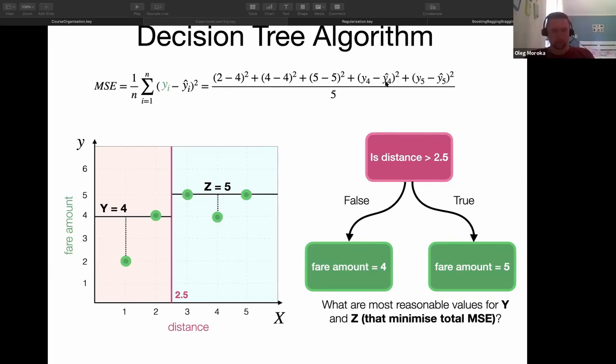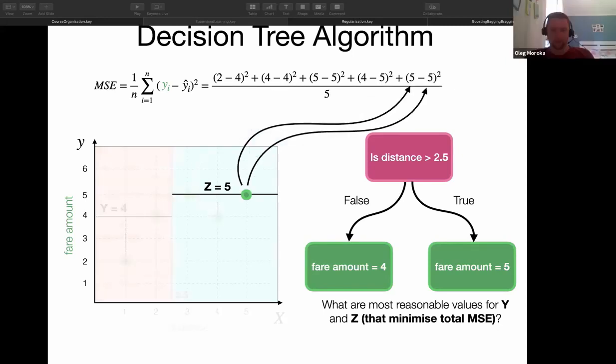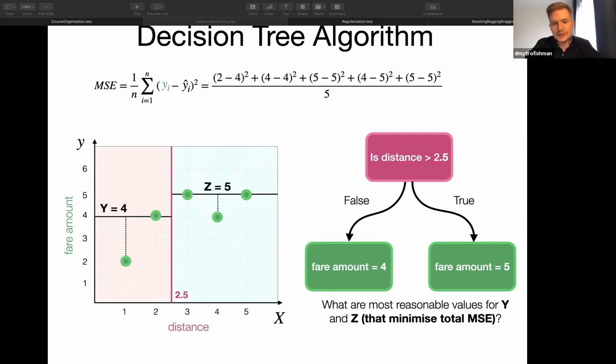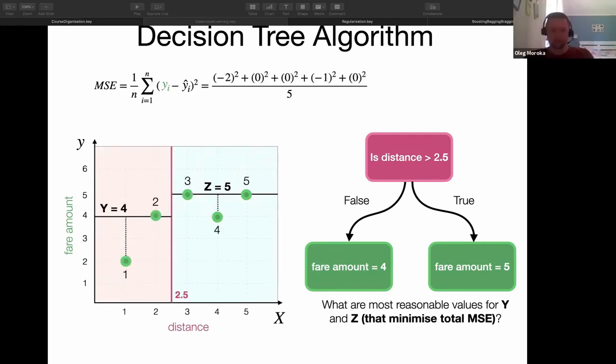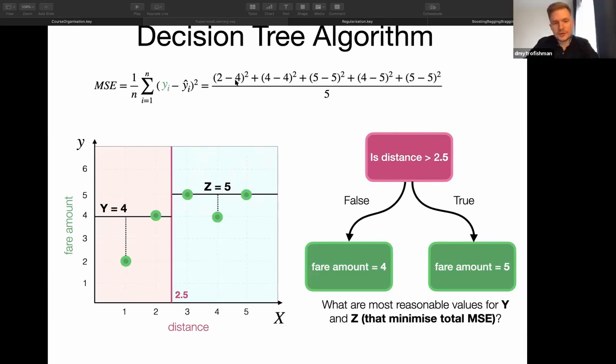So the fourth point, this is a 4, yeah? Then it will be 5 minus 4, so it will be 1. What is the real value of the fourth point? 4. What's the predicted value? 5. So it is 1. And the last point has 5 minus 5, so it's 0, sorry. And then for the first point it's 2 squared, for the second 0 squared,